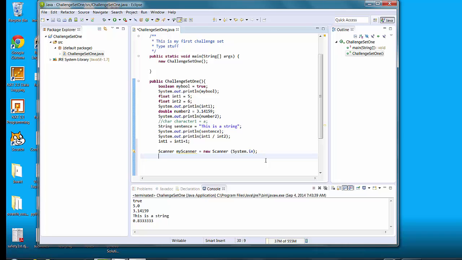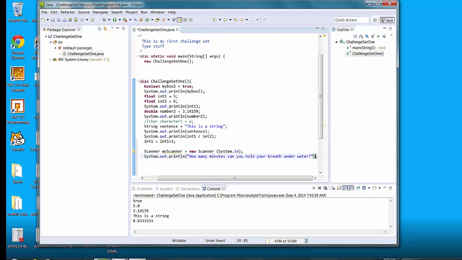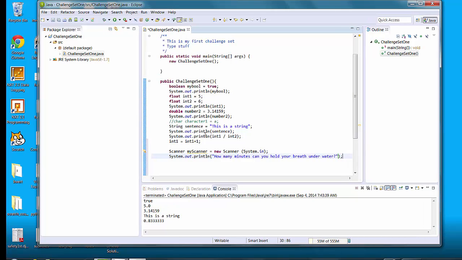And then after that, let's say I want to ask somebody what their age is. Or how many minutes can you hold your breath underwater? So there is my question. I've created a scanner. I've asked my question, and now the cursor is going to be blinking underneath, waiting for input. So then I say,